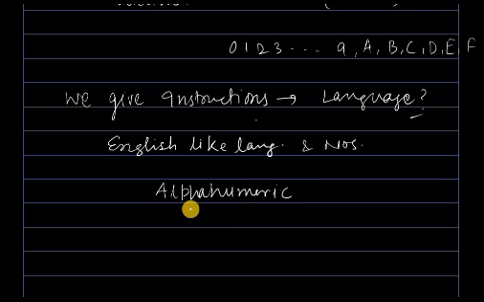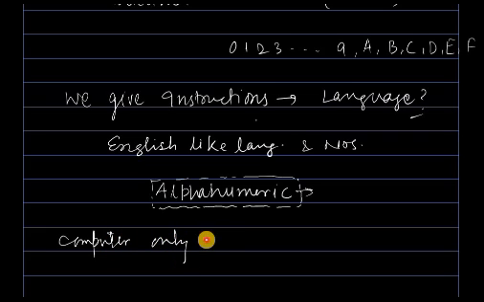Although these days it's not compulsory that all data provided to computers will be alphanumeric. There are different types of data also being provided, because earlier computers were basically used for calculation and computation work, but nowadays you can see everything is being done by the computer itself. I'll tell you later what other types of data there can be, but right now I'm talking about the basic type of data, like we provide instructions to the computer in English or in number format. Now, as we know, computer only knows which language? The binary language. So the computer only knows binary.